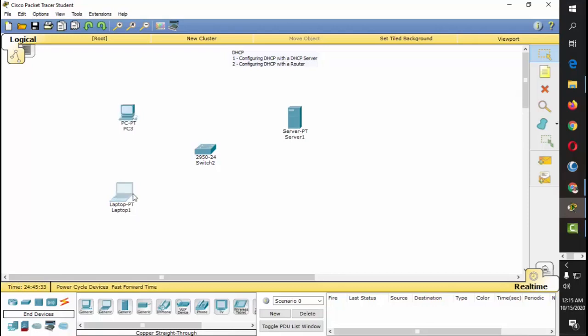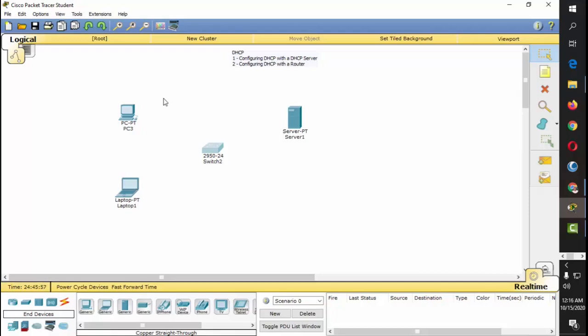Basically we will not assign IP addresses on these two computers because the server is going to provide that IP address for the two computers. Okay, so this is an example. On your part, you can actually try out more than two computers, but for this I think it is enough